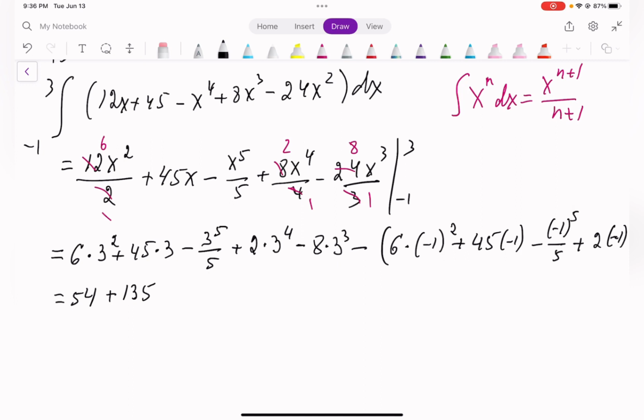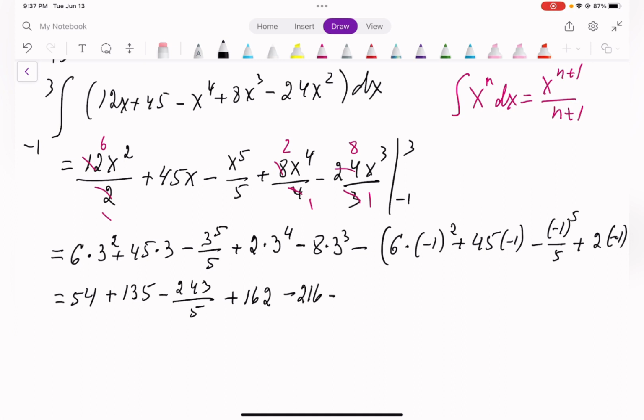Next, 3 to the power 5, 3 to the power 4 is 81. 81 times 3 is 243 over 5, plus 3 to the 4 is 81. 81 times 2 is 162, and minus 3 cubed, which is 27, times 8 is 216,